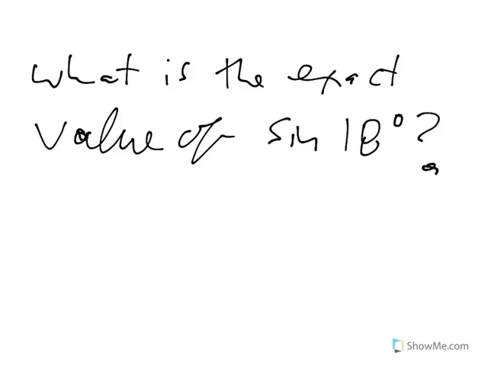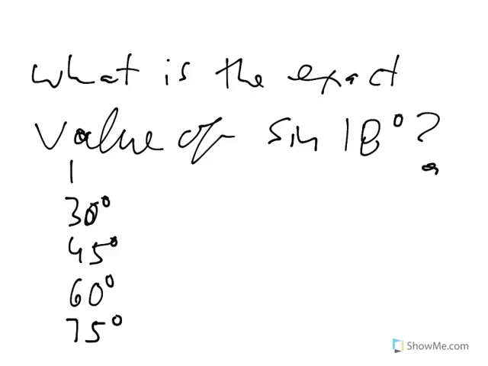Up until this point, there's only really 5 angles that we can get exact values for sine and cosine. 5 acute angles. There's these 3, and then using the sum, sine A plus B, cosine A plus B, we can get 75, and using sine A plus B, sine A minus B, I can get 15. But that is not very many, considering there's